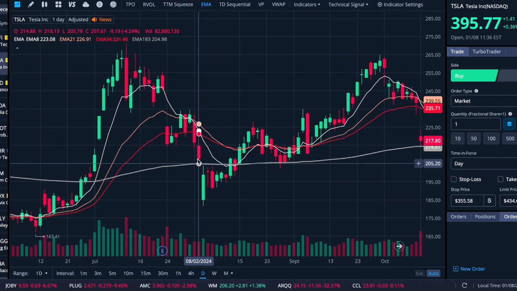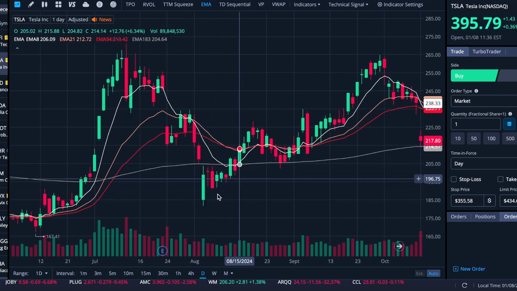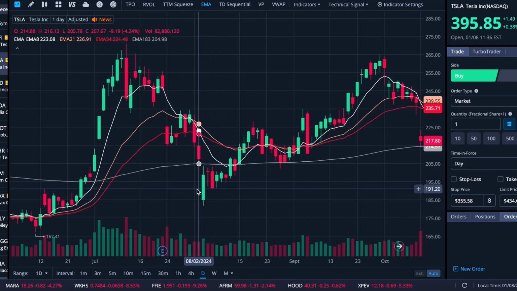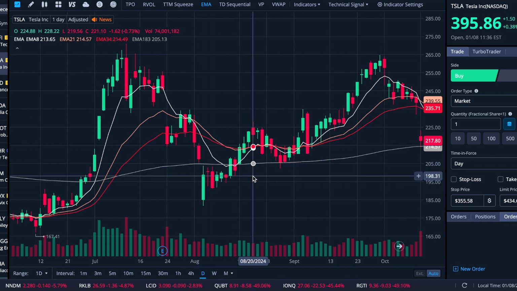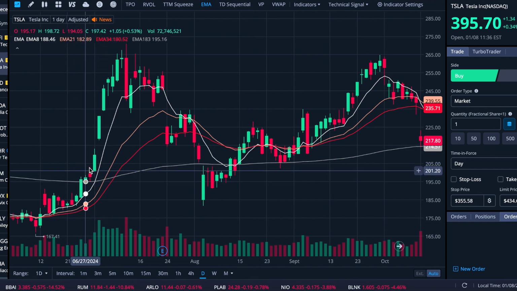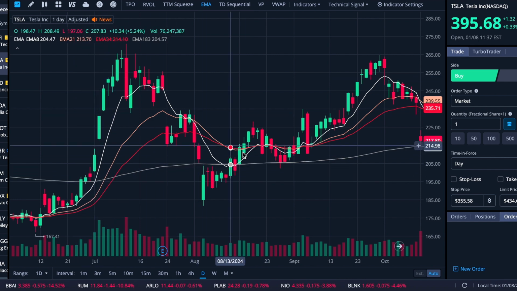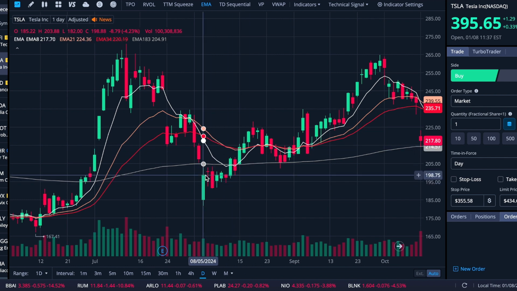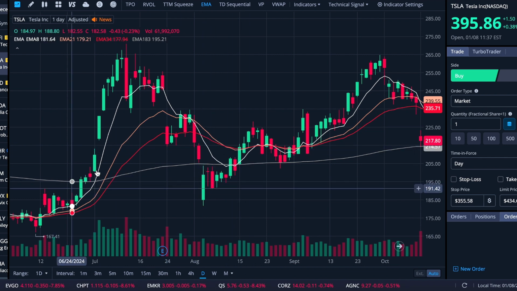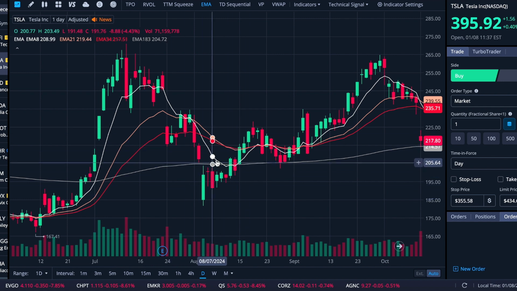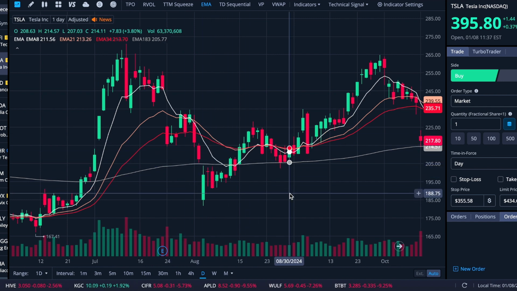But to me, it's just within range, right? It's within striking distance of the 183. It's holding very close to it, and it's just kind of wrestling with it because it's a sticky point. And it didn't do it here, right? It flew through it pretty quickly here. So now it's kind of making up for that. And it's saying, okay, we didn't give this its due on the way up. So we're going to come down and retest it again and make sure, okay, are we really comfortable going above